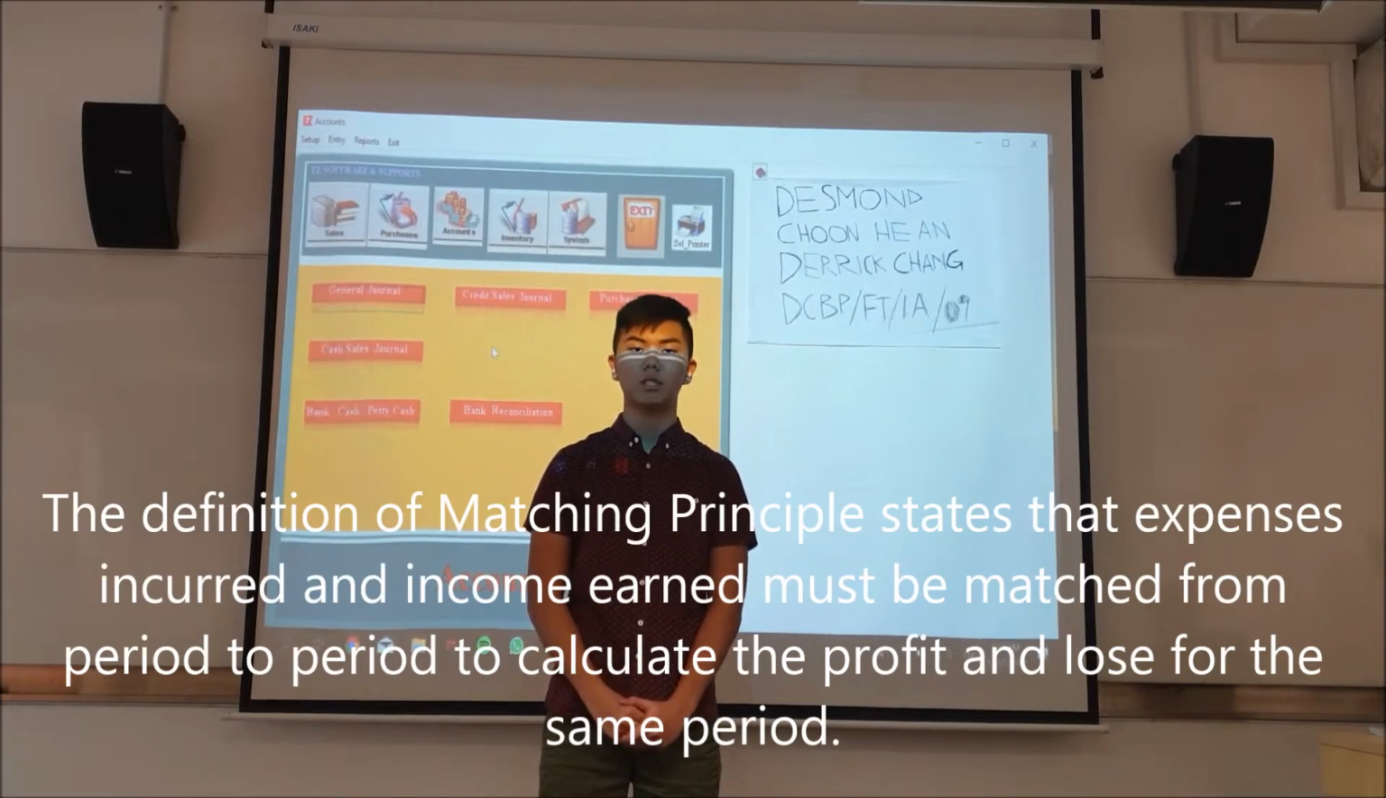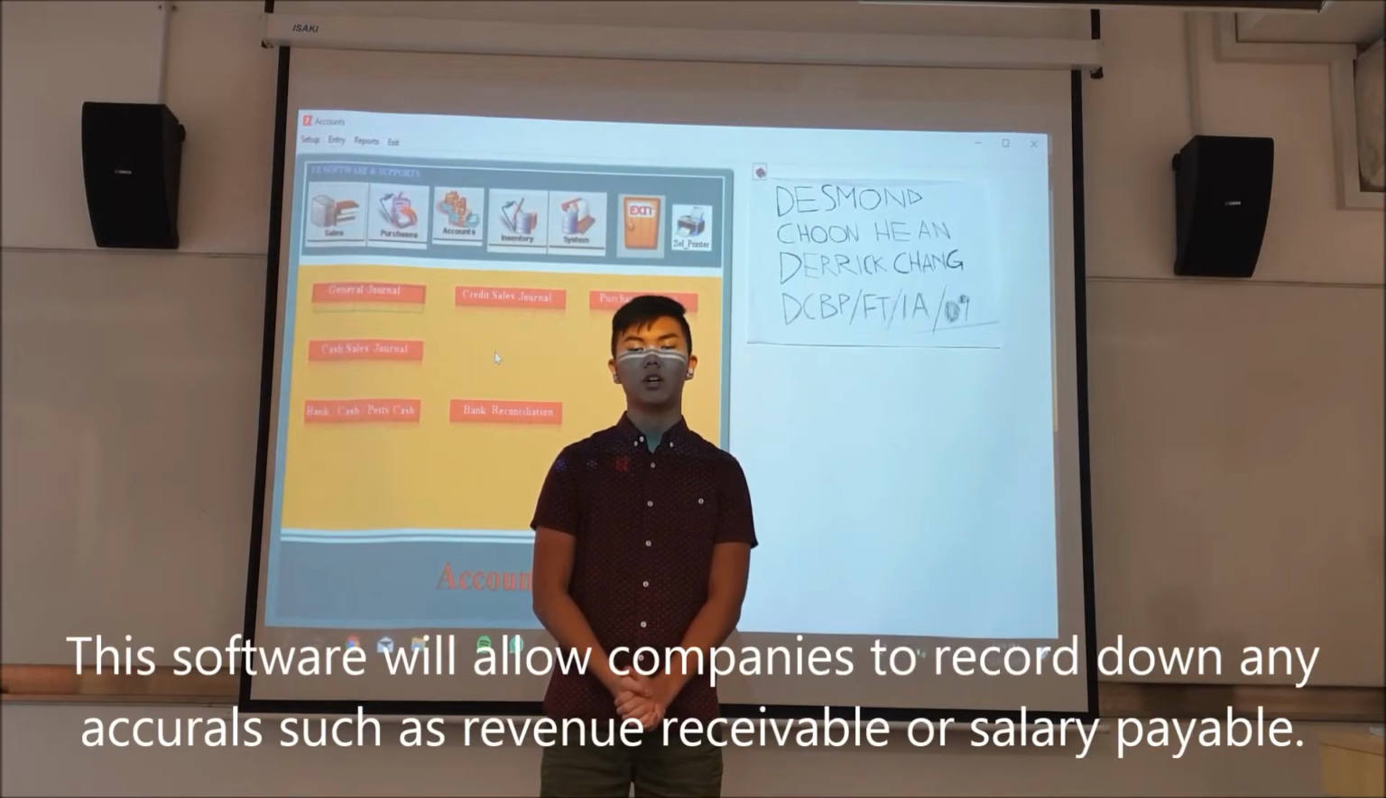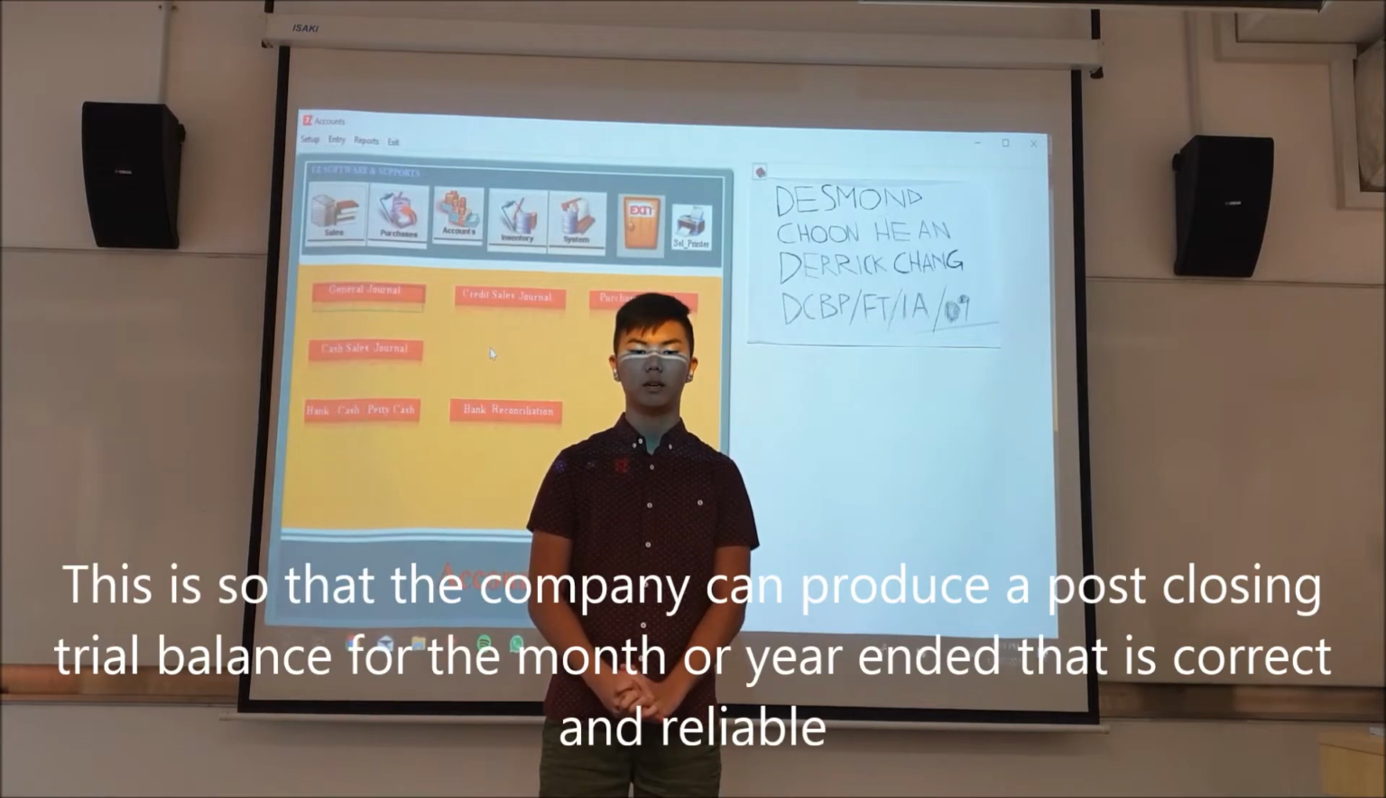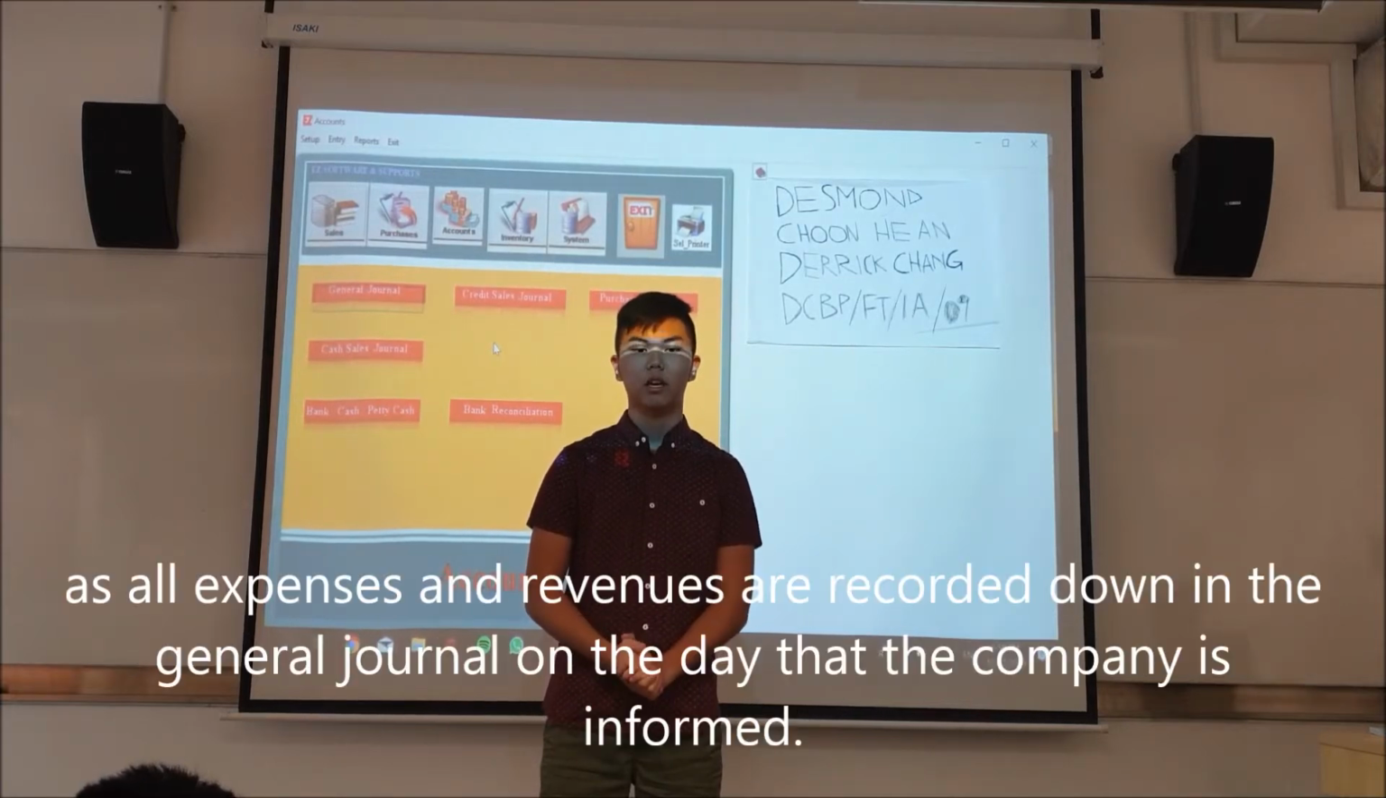The definition of matching principle states that expenses incurred and income earned must be matched from period to period to calculate the profit and loss for the same period. This software will allow companies to record down any accrual such as revenue receivable or salary payable. This is so that the company can produce a post-closing trial balance for the month or year ended that is correct and reliable, as all expenses and revenues are recorded down in the general journal